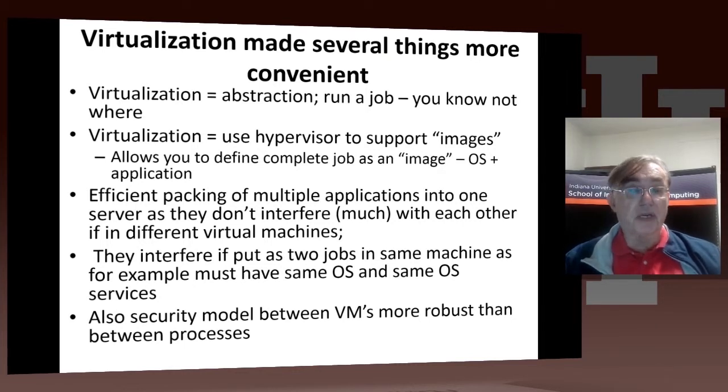We support that abstraction with a so-called hypervisor, which allows us to support images, because an image allows you to package the complete job as the operating system plus the application. That's pretty important because any bunch of software tends to be highly sensitive to the operating system, and it is very difficult to get that application to run on a general platform. Grid computing had lots of trouble in this regard, because at least at the beginning it tended to look at distributing jobs, not distributing images, and the jobs were just the application without the operating system.